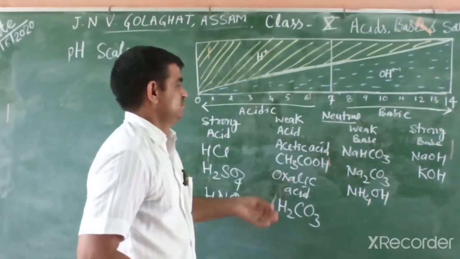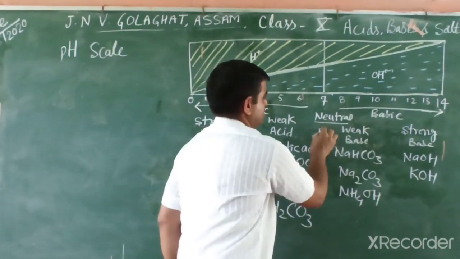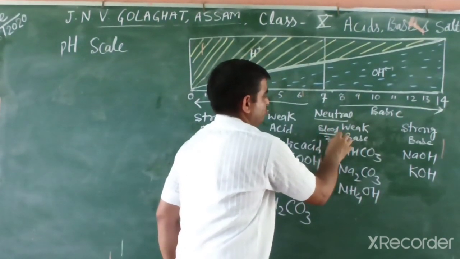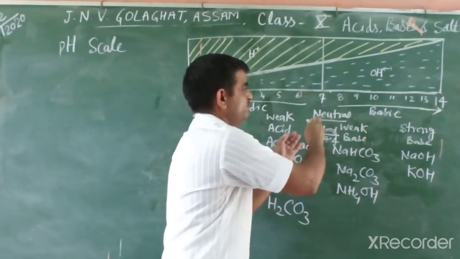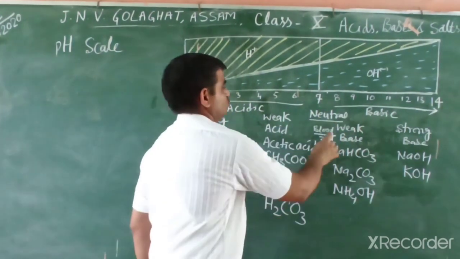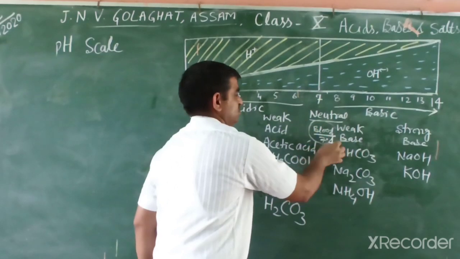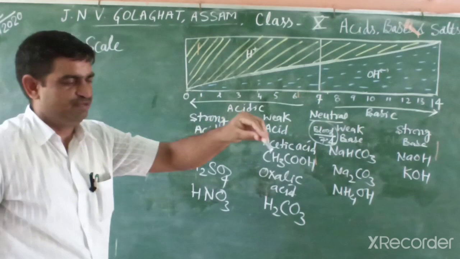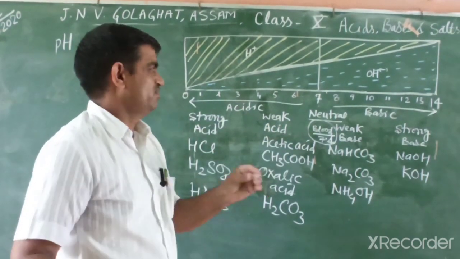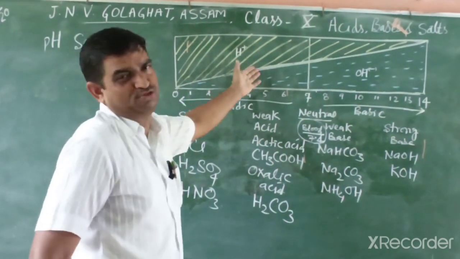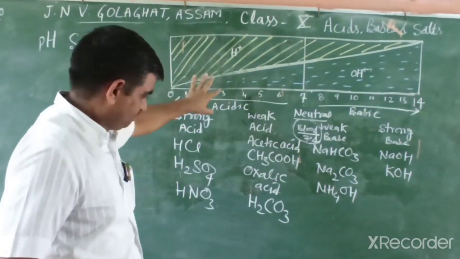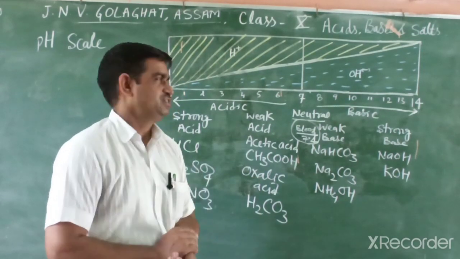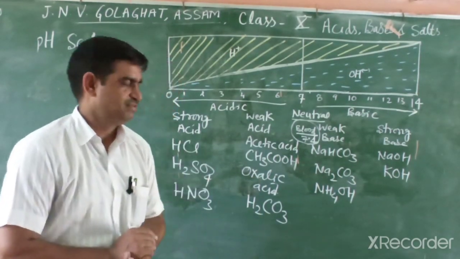Our blood is slightly basic, blood pH is 7.4. This is in the range 7 to 8. So blood is slightly basic, 7.4. So this is a comparative term and we can easily identify. In our daily life, pH has very great importance. At first we study one by one what the importance of pH in our daily life is.